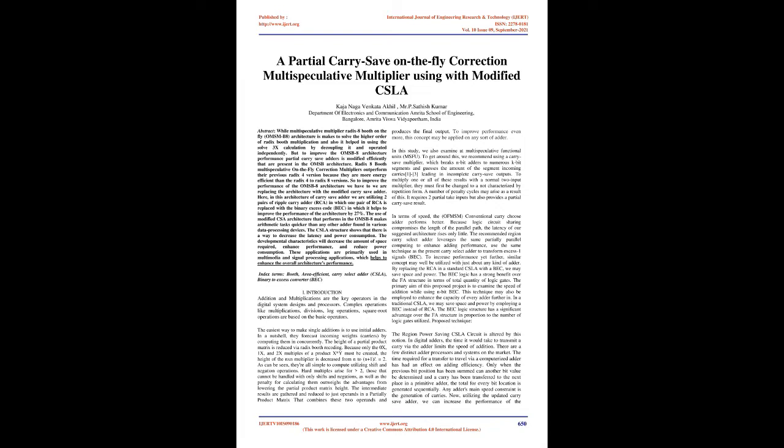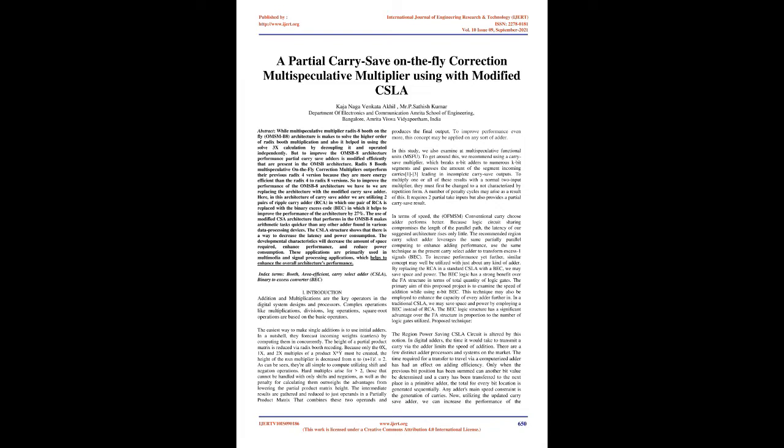The easiest way to make single additions is to use initial adders. In a nutshell, they forecast incoming carries by computing them concurrently. The height of a partial product matrix is reduced via Radix Booth recoding. Because only the 0x, 1x, and 2x multiples of a product x*y must be created, the height of the n×n multiplier is decreased from n to n plus 1,